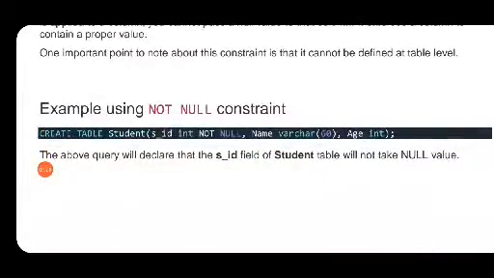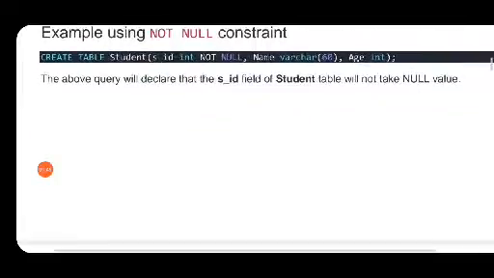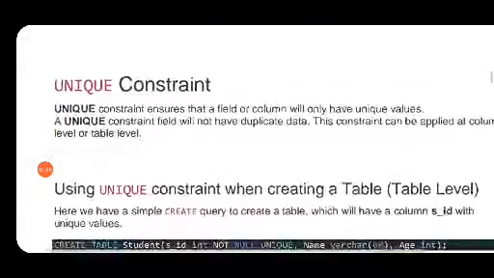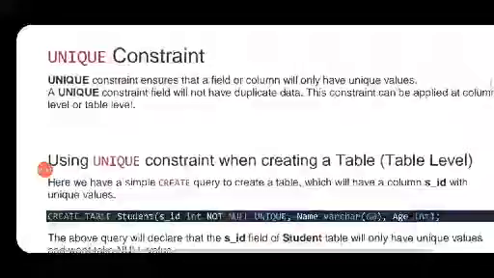So create table student, SID int not null, name varchar, age. So when we are specifying not null in front of SID, that means SID of student will never have null values as its input.